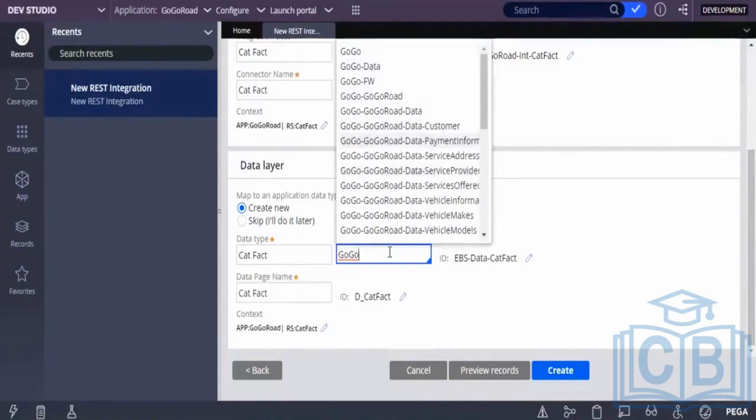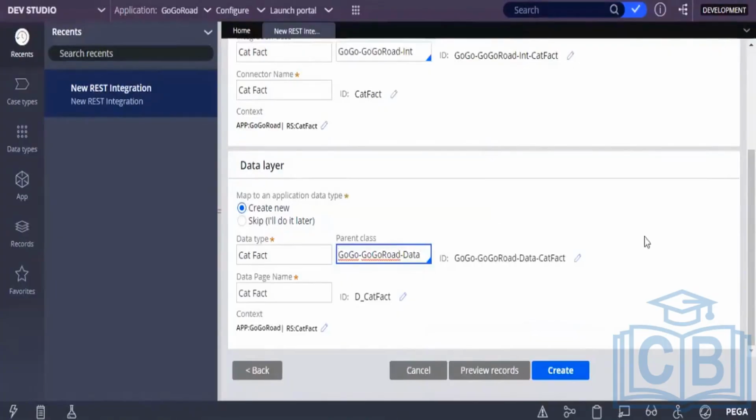First one you can select Goggled, or else you can select the fifth one. Goggled data. No, the top one. That one you can see. We have to look into each and every field here. Everything has to be related to our application. It should not give some random names.